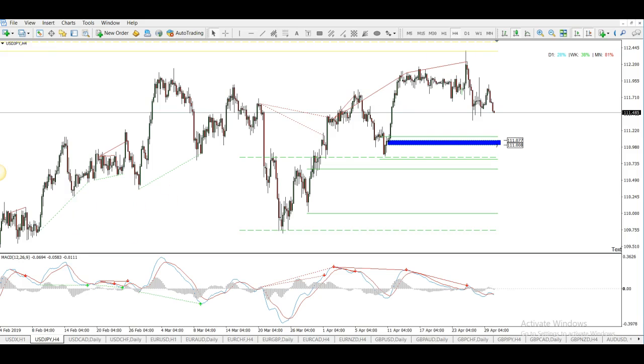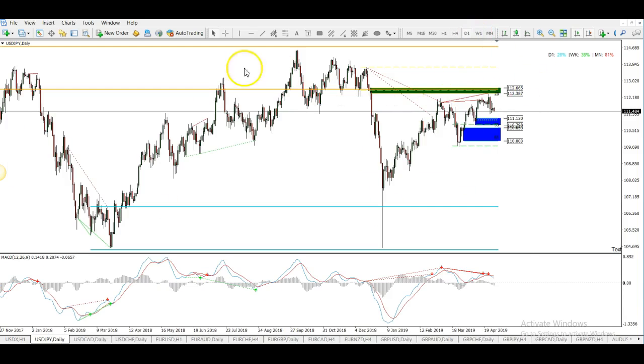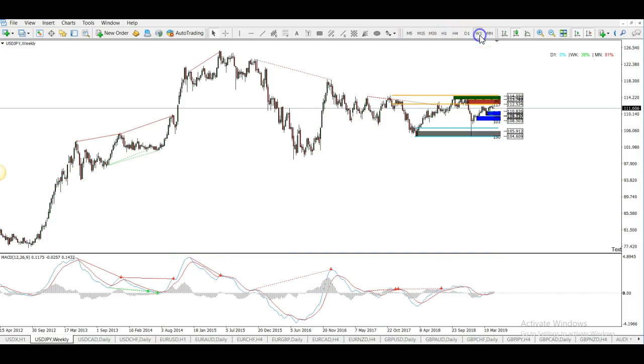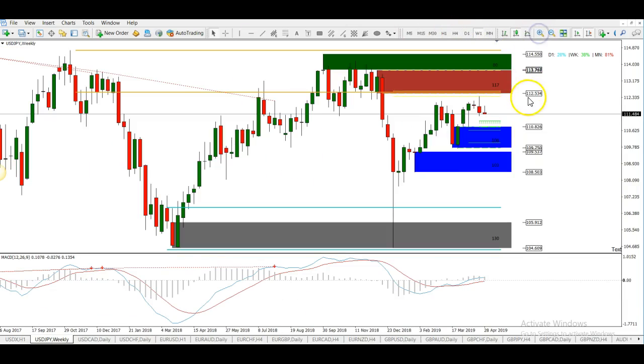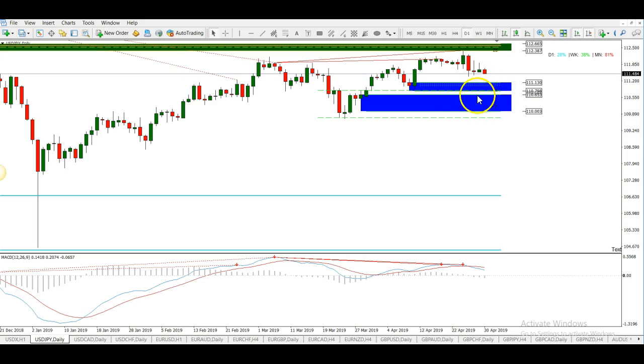First one is USD JPY. So we're just going to go over to the daily chart and see, it's been dropping from yesterday. It's actually hit a level last week on the weekly charts up here. So we're looking for a possible day trade move in it, and you can see nothing's likely to happen today. So 40 pips to this daily zone here, and there's a couple of daily zones there, so I will actually